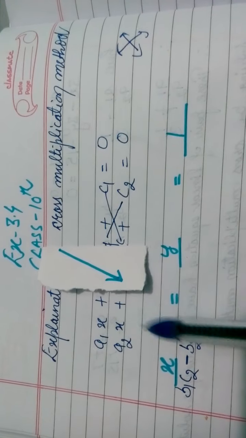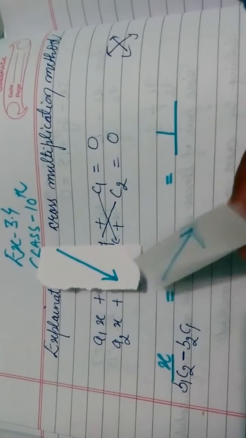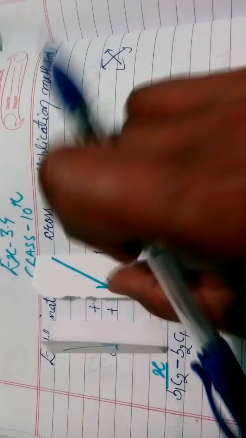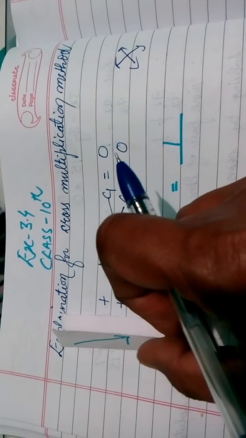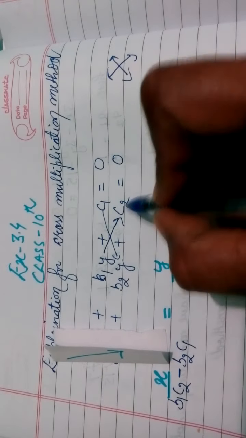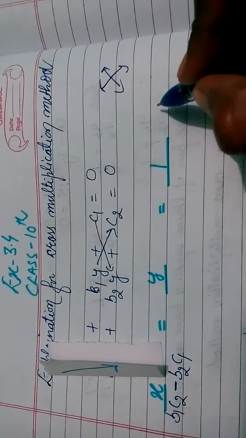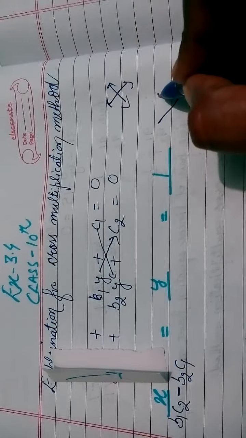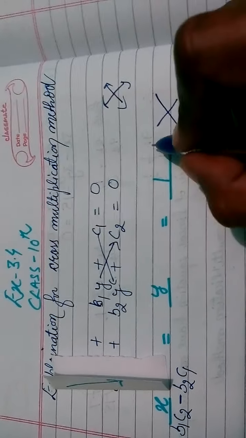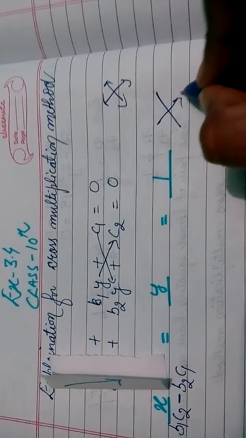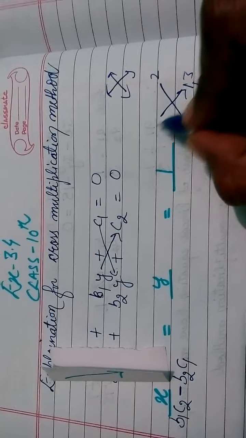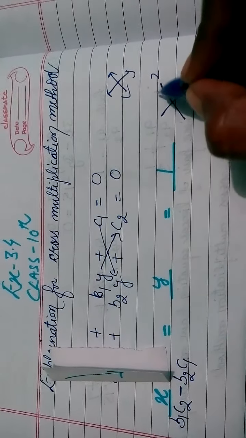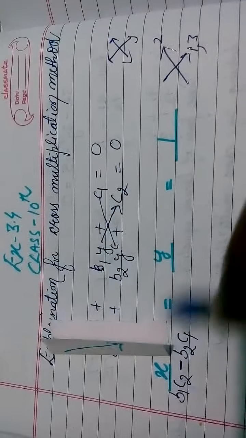This is very simple. You want to find out the value of x, so just forget these terms. Are you seeing the arrow? You have to multiply this way first. In the first step you multiply this way, in the second step this way, and in the third step again this way. First and third you multiply this way, and second you multiply this way, and that's all. Let us multiply now.